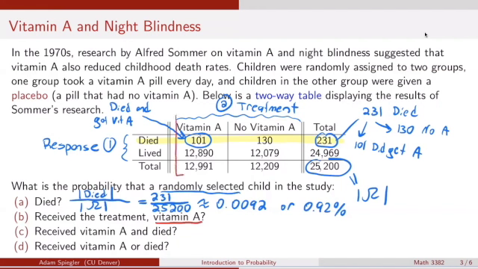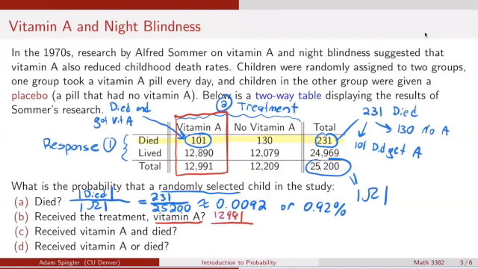And so here's the vitamin A column. Remember, this first 101 is the number of people in the study that got vitamin A and died. But we want to count all of the people that got vitamin A. So we want to include the children that got vitamin A that died, as well as the children that got vitamin A and lived. So altogether, we can see the total number of children in the study that received vitamin A was